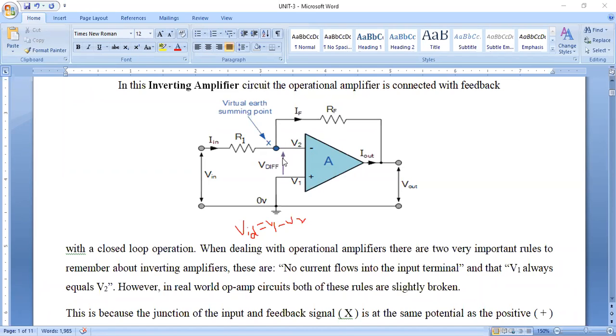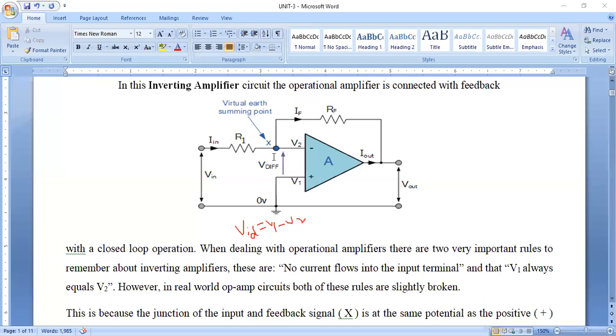Non-inverting terminal is zero. That means we have to maintain the same voltage. That means current flowing at this point, node A, and voltage at this point. I am saying this point as node A. I will take a pen. I'm saying this point as VA.